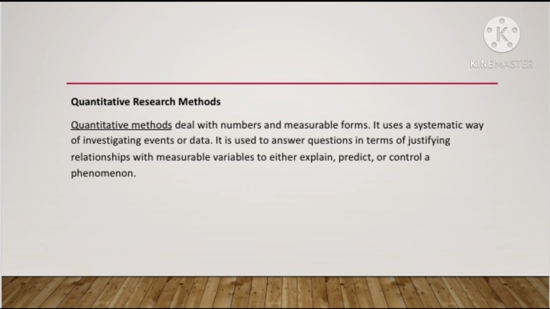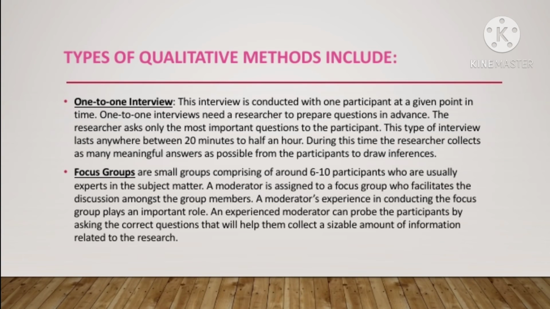Quantitative research methods. Quantitative methods deal with numbers and measurable forms. It uses a systematic way of investigating events or data. It is used to answer questions in terms of justifying relationships with measurable variables to either explain, predict, or control a phenomenon. Types of qualitative method include